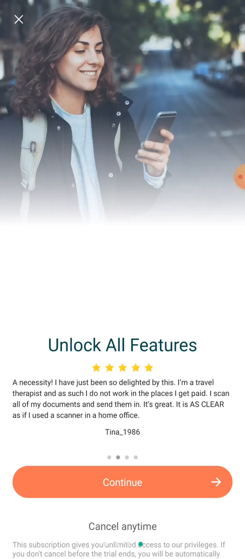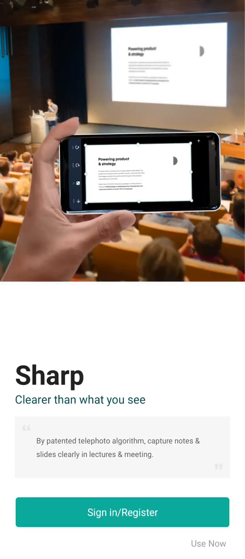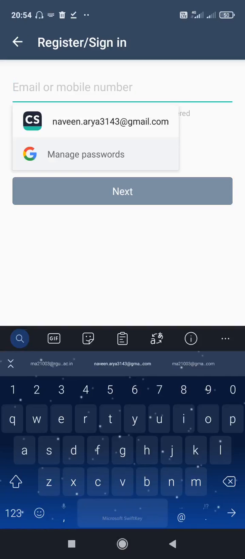Cancel anytime, click on cancel anytime, or click on the cross mark at the top edge. So sign in or register, you can click on sign in or register. Enter your email or mobile number. So enter your domain mail ID here.